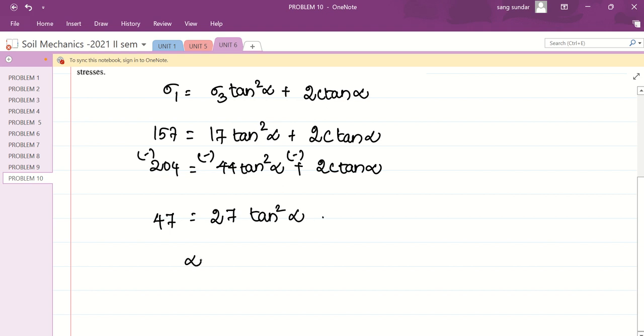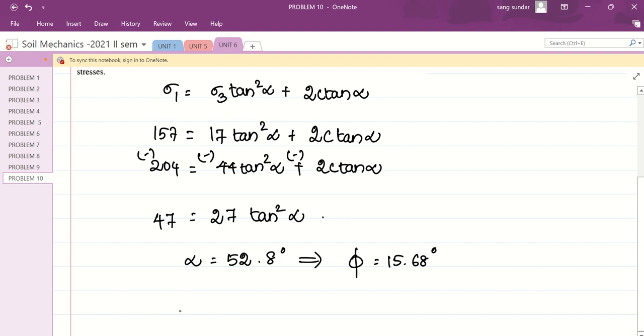Hence, alpha equal to 52.8 degrees. Finally, our phi is equal to 15.68 degrees. Once you substitute this phi value in either of your equations, you will get,